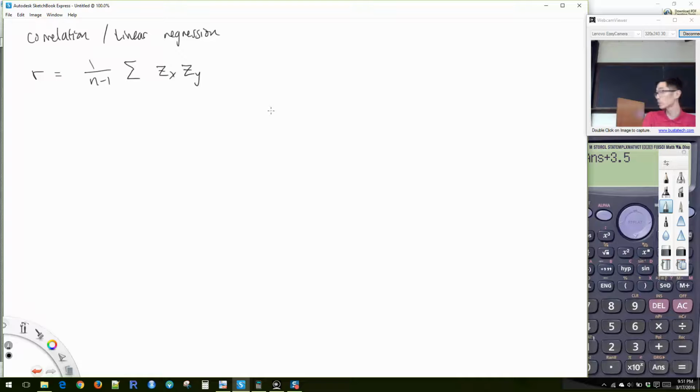So we're taking our z-scores of x and y, multiplying them and adding them up. This essentially becomes 1 over n minus 1 times 1 over s sub x times 1 over s sub y times the sum product of